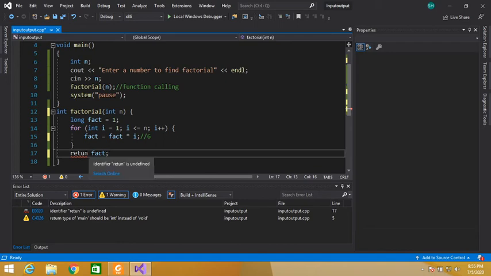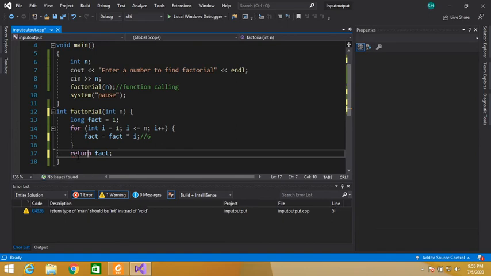So this will return a factorial. This function now will return a single integer value. So our factorial is an integer value. So this 6 will be returned when this function is called. So now this function will return 6.